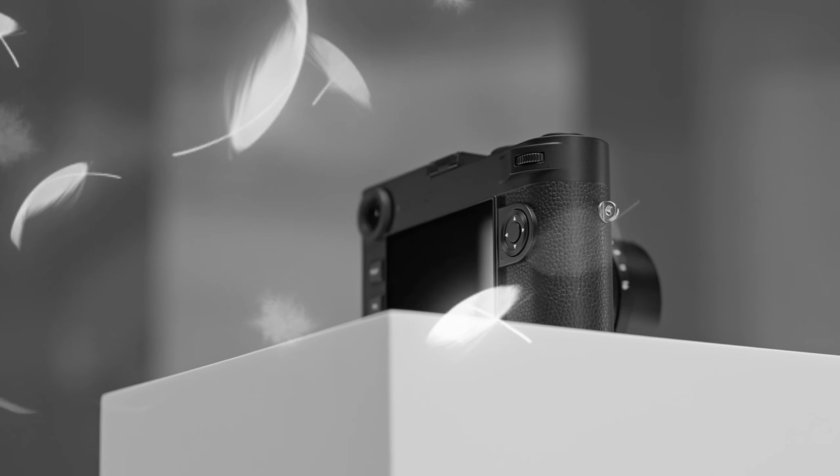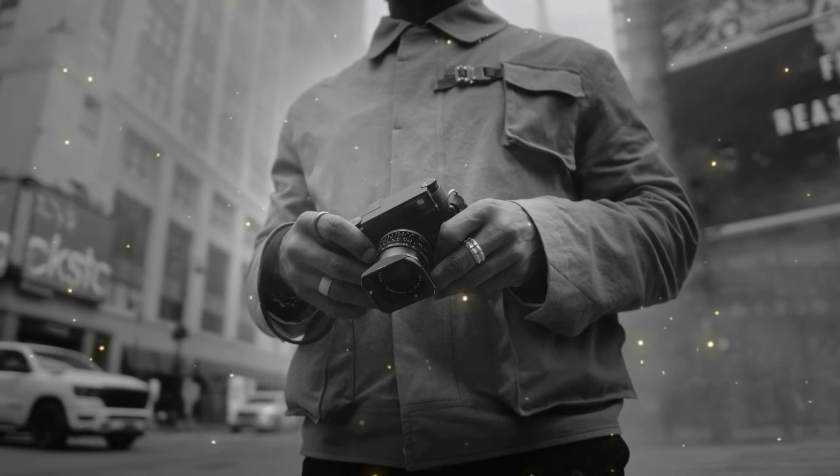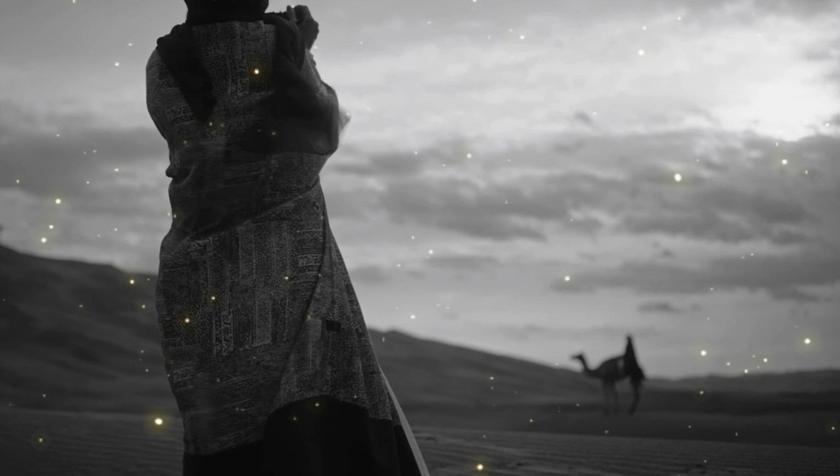Let's talk about the Leica look. Why do people spend $9,000 on a body and $5,000 on a lens? It's the micro